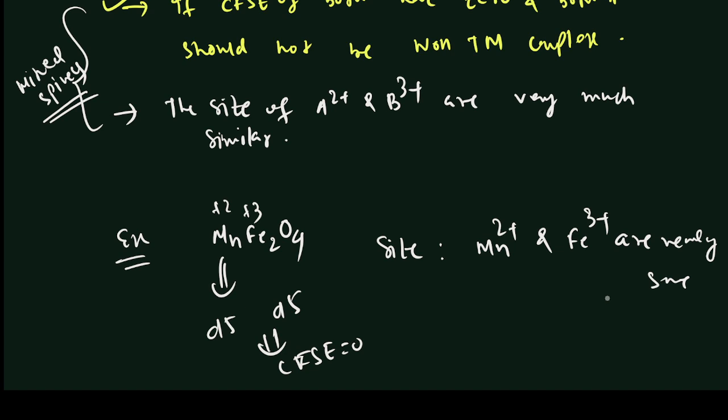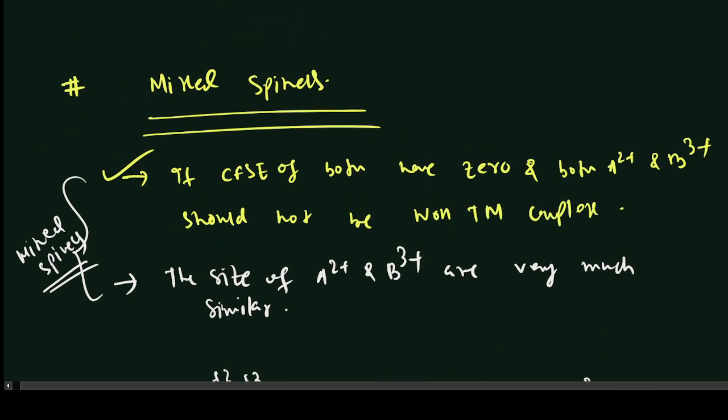So we can't distinguish by size. In that case we say that this is a mixed spinel. Okay, this way we can say which are mixed spinels and which are normal spinels, which are